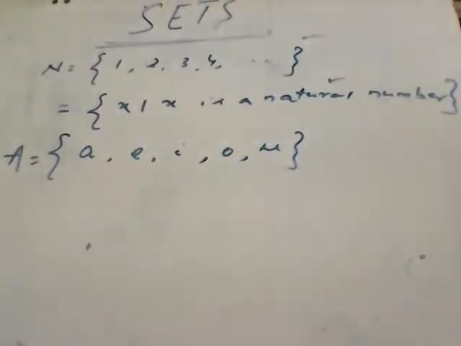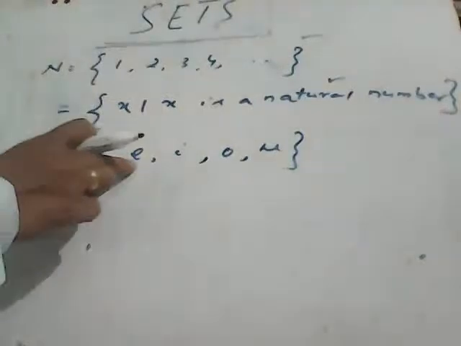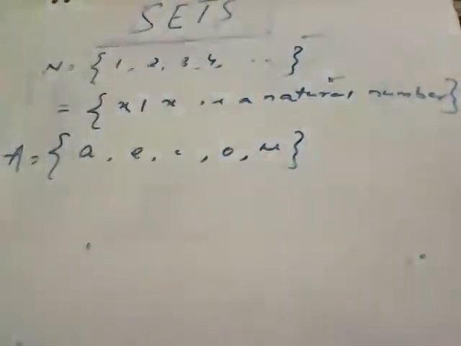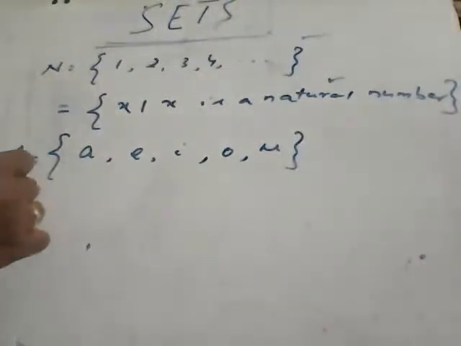The way I have written here is your roster form or listing form. We are listing all the elements. There are 5 elements A, E, I, O, U. These are the 5 vowels. If you write the same set in this way,